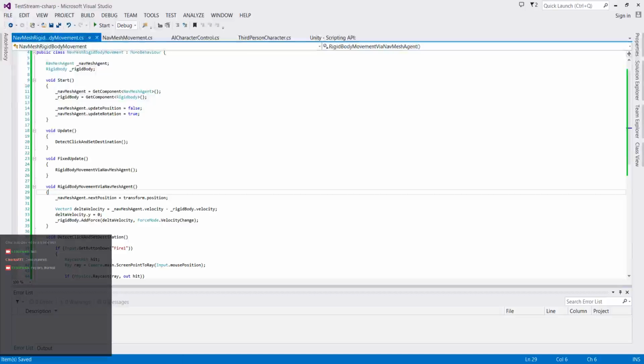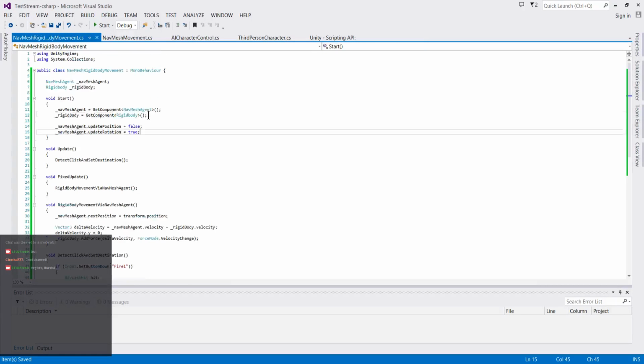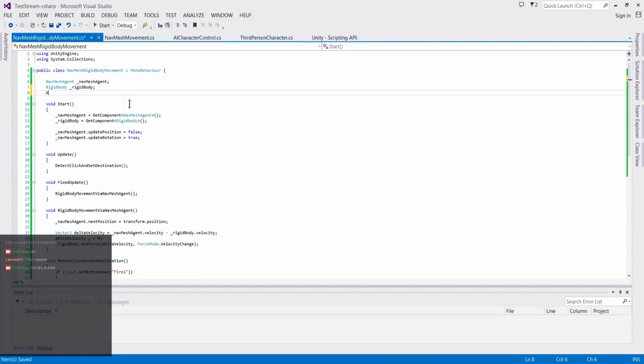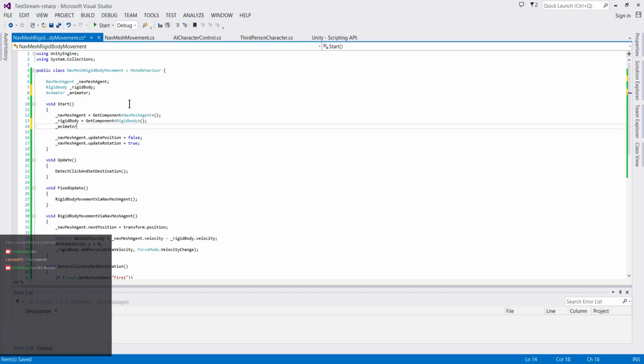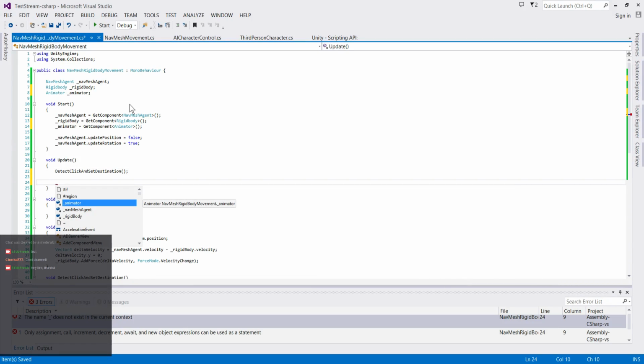So we're going to open up Visual Studio. Now we need access to the animator, and I put those underscores before the variables just because I like to know what my private variables are and what my local or public variables are. So that's one easy way for me to figure all that out. Animator. Cool. So we have access to the animator, and the only thing I really want to do is animator dot